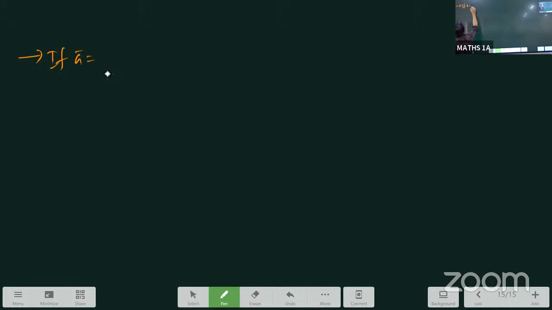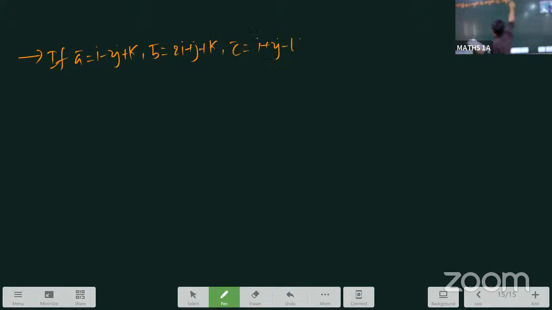Same, if A bar is given as I minus 2J plus K, your B bar is given as 2I plus J plus K, and your C bar is given as I plus 2J minus K. Again, then find